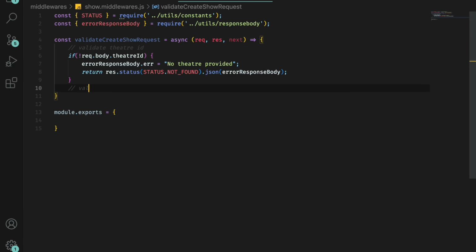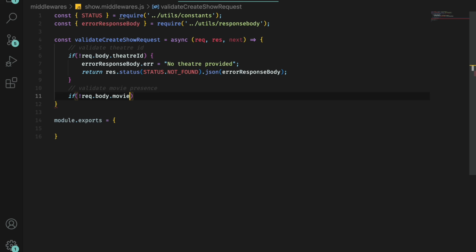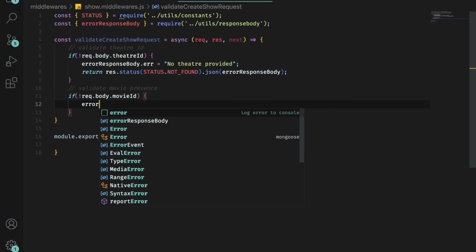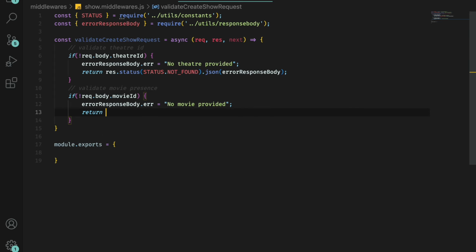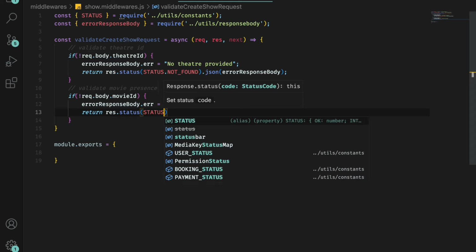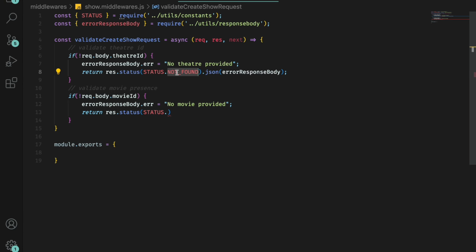Then we are going to validate movie presence. We'll say if not request dot body dot movie ID, we're going to say error response body dot error is equal to no movie provided. We're going to say return res dot status. It should not be not found, it should be bad request. Dot json